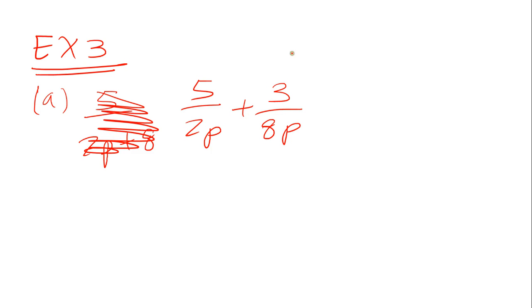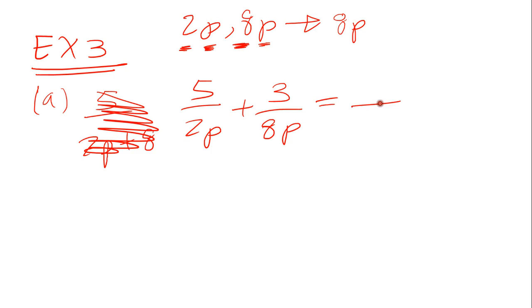So for these two, for 2p and 8p, the lowest number that has 8 and 2 in common is going to be 8. The lowest number that has p and p in common is just going to be p. So our common denominator is going to be 8p. So we know this is going to be 8p, which is 2p times 4 plus